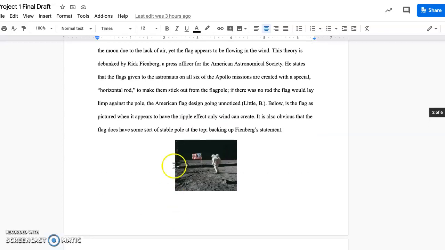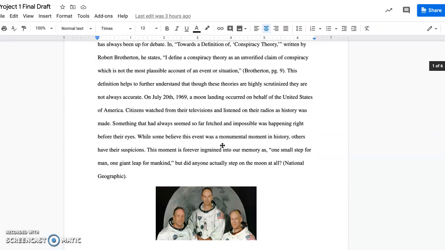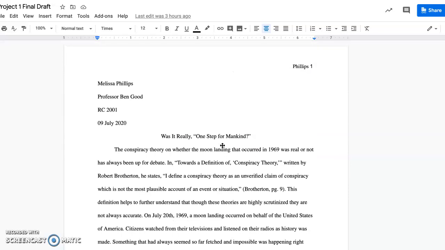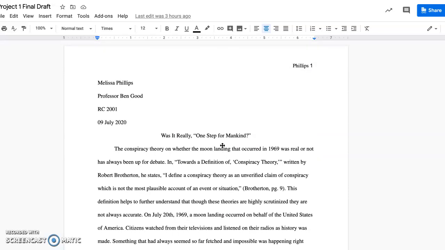I did know a little bit about the flag, but I hope my paper will be able to help other classmates to be more informed about this crazy conspiracy theory, or just provide them some kind of entertainment or something. But it was really interesting to learn about. So yeah, thank you.